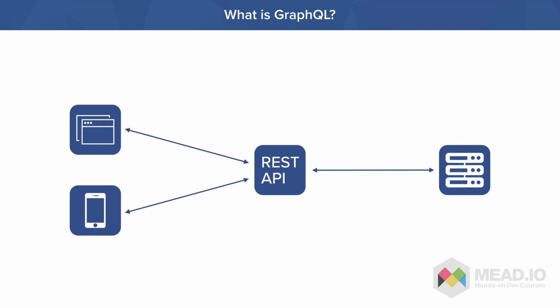When we introduce GraphQL, not a whole lot's going to change. We're still going to be able to use any client, and we're still going to be able to use any server, although in this course, we're going to be focusing on Node.js. All we're going to do is replace our REST API with many endpoints with a GraphQL API that has just a single endpoint exposed. GraphQL stands for the Graph Query Language, and this is something that also operates over HTTP,